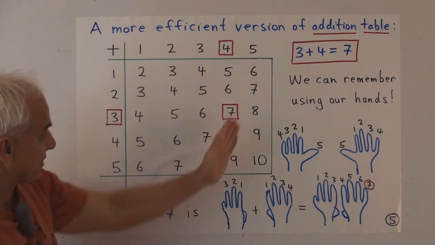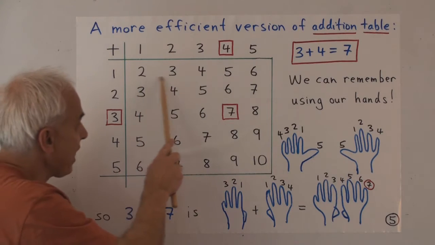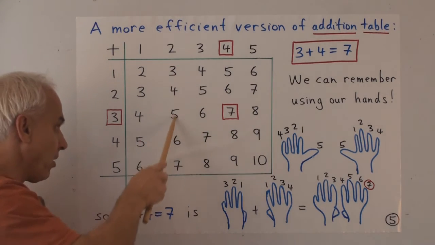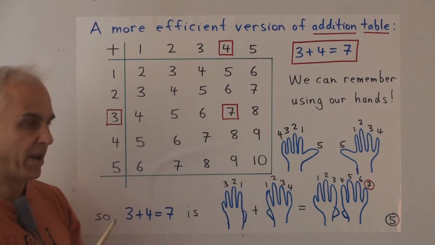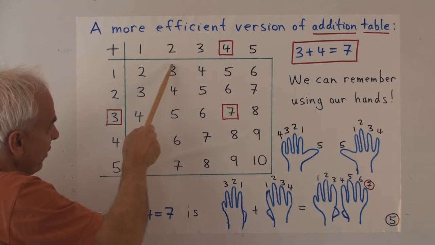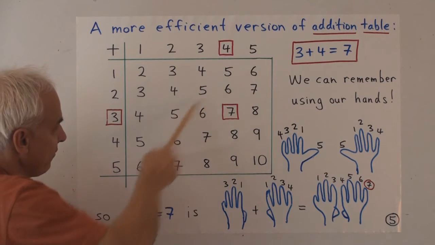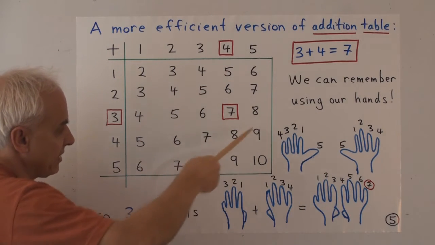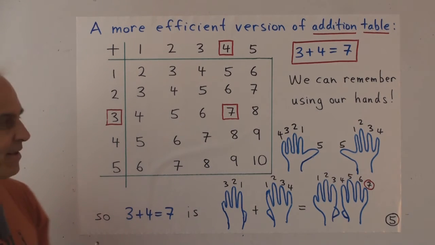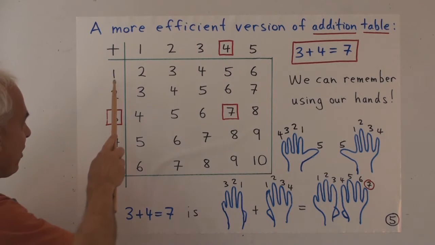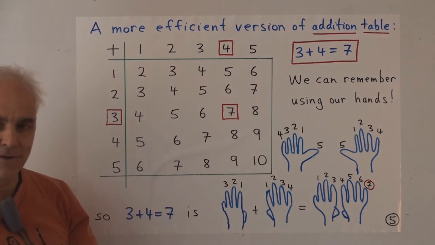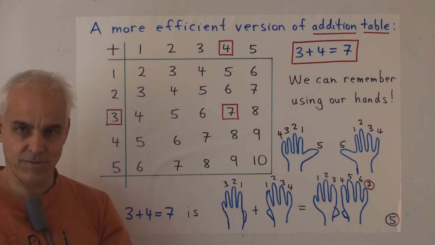Of course, it's pretty easy to see here that there's a nice pattern because along every row, we're just going up one at a time. Down every column, we're just going up one at a time. And along these cross diagonals, we have 3s, 4s, 5s, 6, 7, 8, 9, 10. So if you forgot this table, it wouldn't be too hard, by starting out with 1 plus 1 is 2, to reasonably quickly draw the rest of the table.